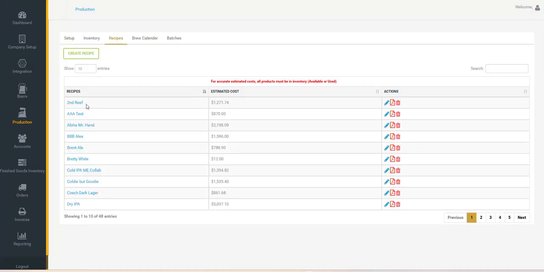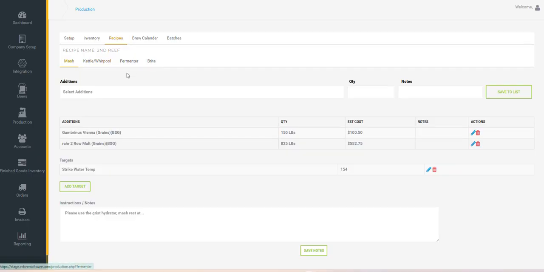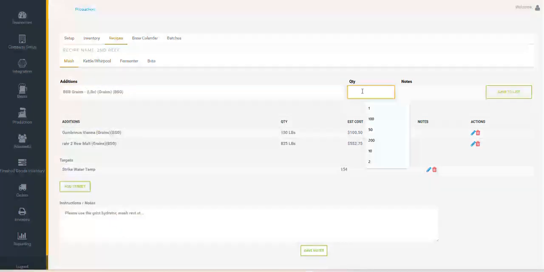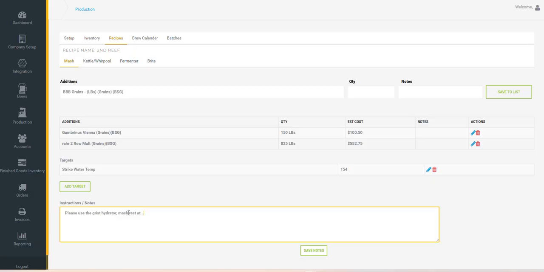So recipes, we do our recipes in a way that shows the 4 basic stages of brewing. So first is mash, kettle, fermenter, and bright. On each section or each tab, you'll have additions. So you can select from your products what you're going to be adding, the quantity, any notes, and you save it to your list, which is your list of additions. If you have any targets that you like to track, for instance, strike water temperature 154, to make sure the brewer knows, you can add that there, and then any other instructions or notes you want to make sure the